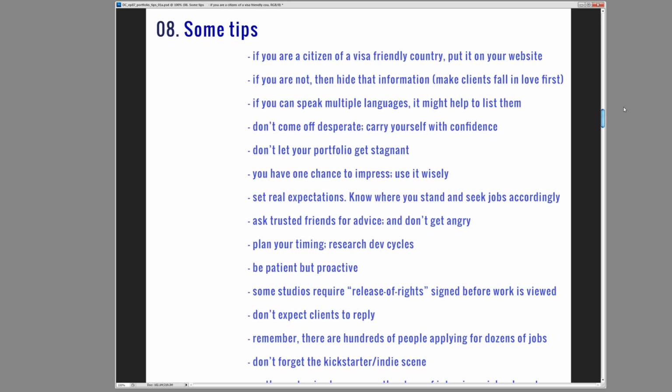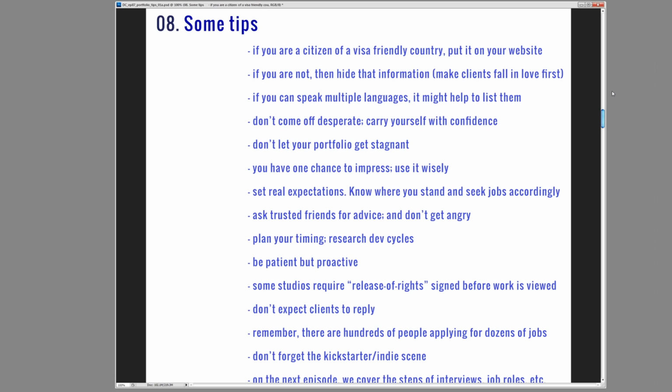Number 8 to finish us off, which is some of my tips that are maybe not commonly mentioned when people are talking about portfolios, but I'll list them out here. I'm going to go through these really quick because they're kind of fun. First one, if you are a citizen of a visa-friendly country, put it on your website somewhere. Probably not